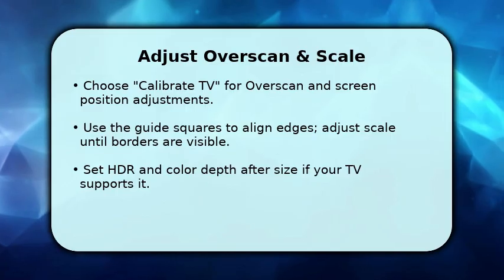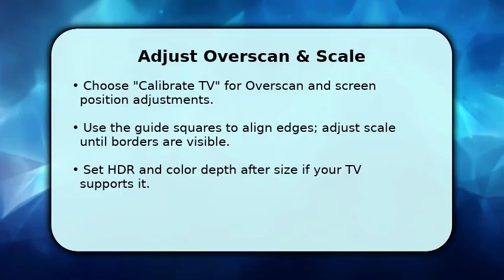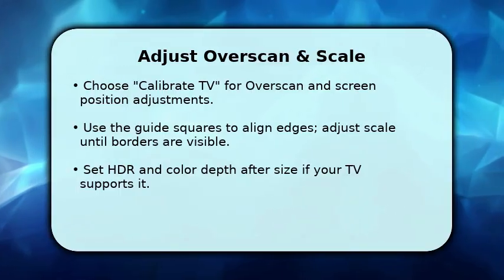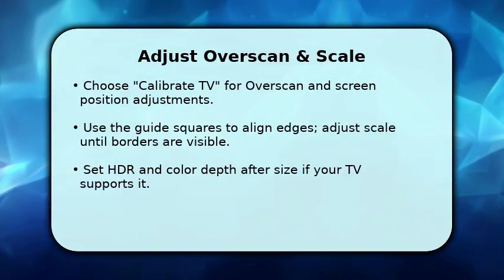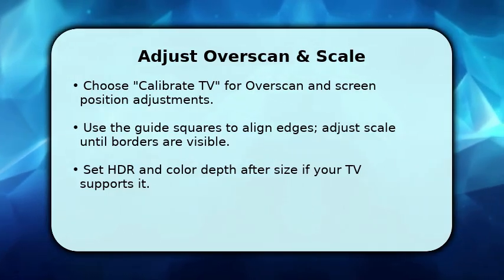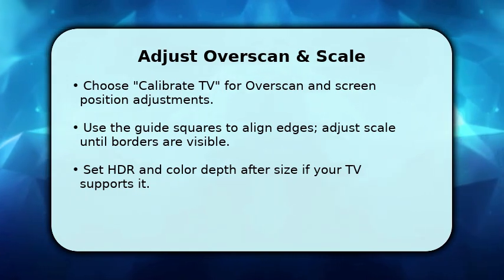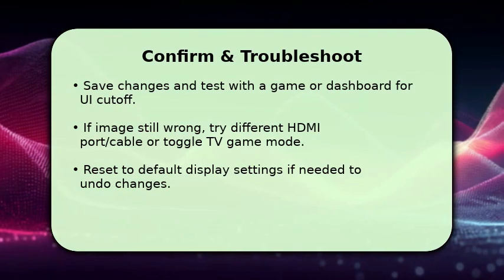After getting edges right, check HDR and color depth because they can shift perceived brightness and contrast. Adjust those if supported. Make measured changes so you keep consistent text and menu placement across games. Finish by saving your new display settings and immediately test with a game or the dashboard to verify no UI